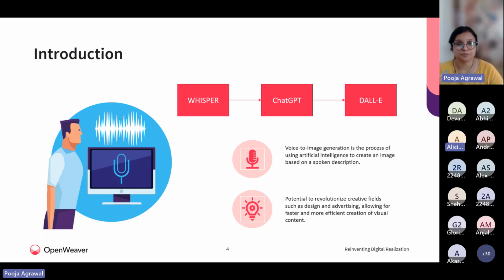We have Whisper first, which is used to capture our voice. It is capable of capturing different languages, not just English. It can capture Hindi, Tamil, I think 18 different languages. This Whisper module captures our speech and then transcribes it into text. Whatever has been captured goes to ChatGPT, which is responsible for summarization or making our prompt. We want whatever has been detected to be correctly put into a text form, right? A prompt.